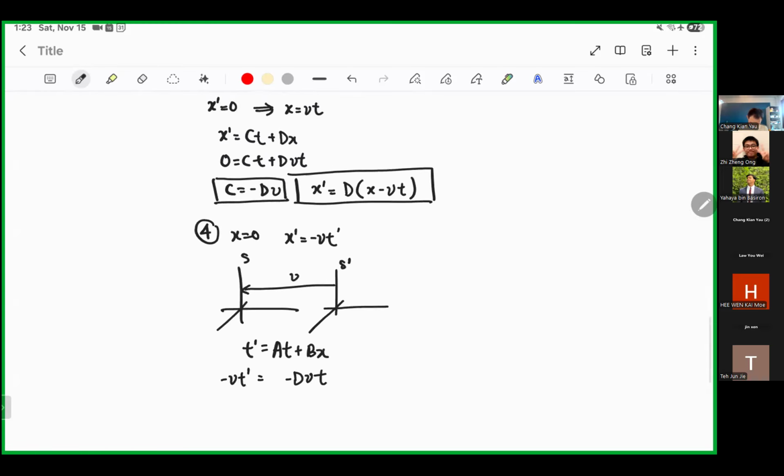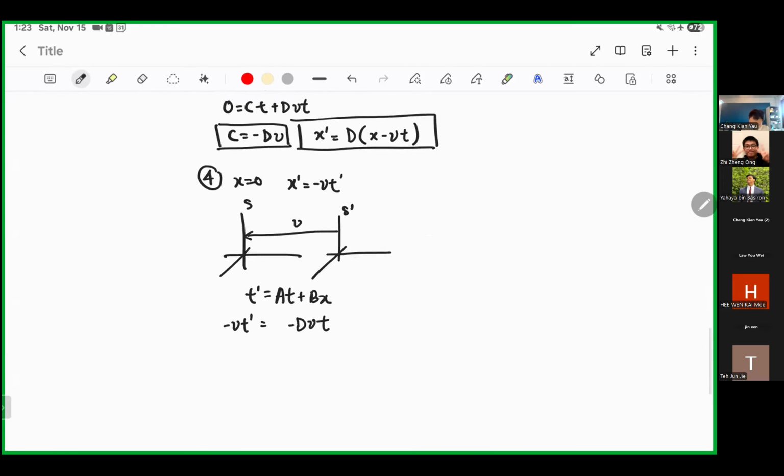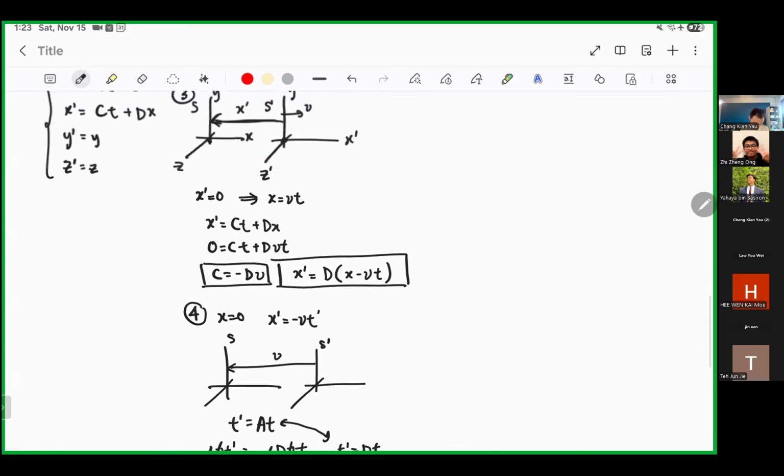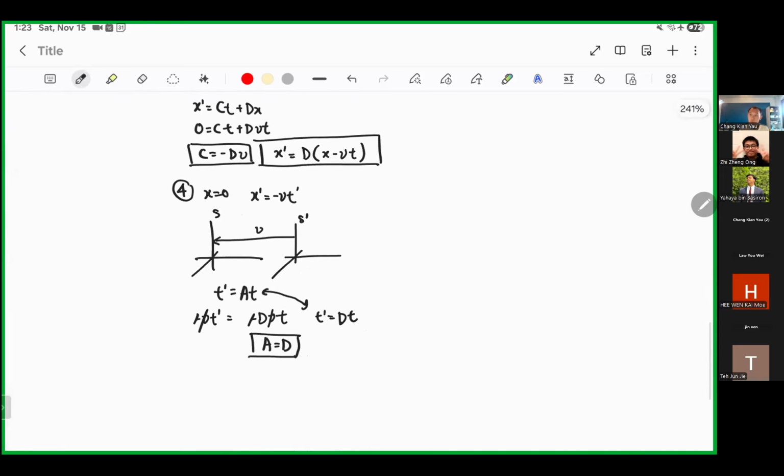I want to simplify our equation of AB. Okay, so I'll plug this inside. We have t prime equals dt. No, it doesn't make sense. Wait. Okay, because x equals 0, we get these two equations. So basically we have a equals d. And then we can simplify it to be